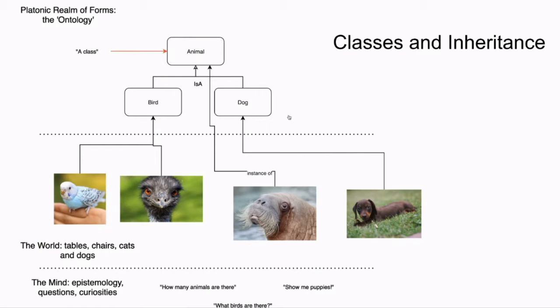And so I've defined 3 classes: animal, bird, and dog. And you'll see that there's this relationship represented by this arrow between bird, dog, and animal. And that relationship is called ISA. And ISA is the technical word in RDF for inheritance. And what it basically means is that